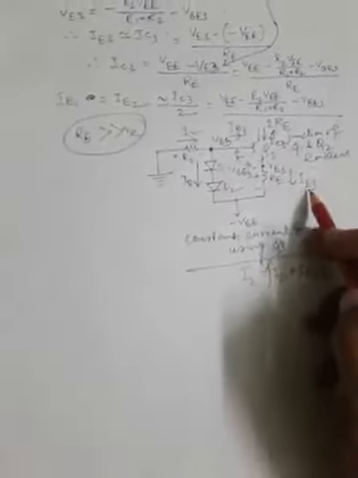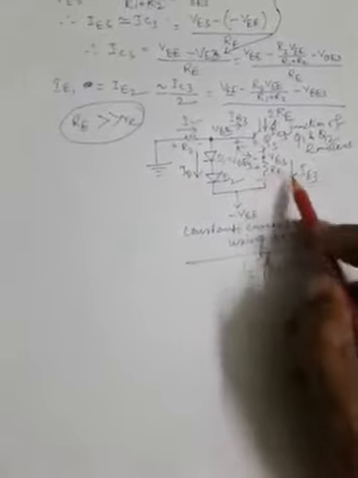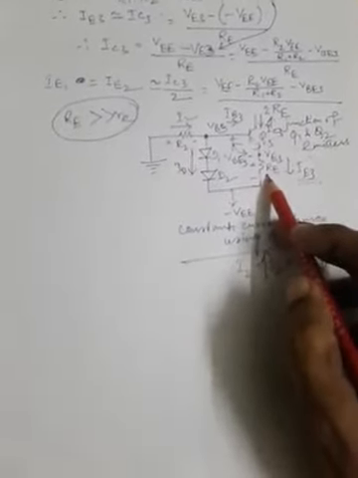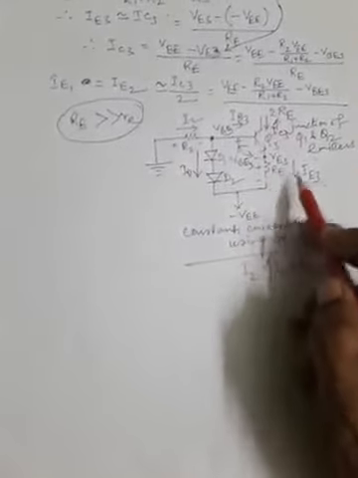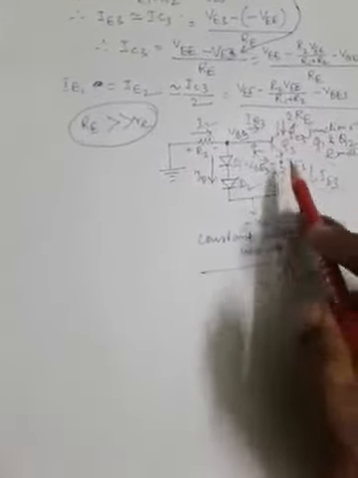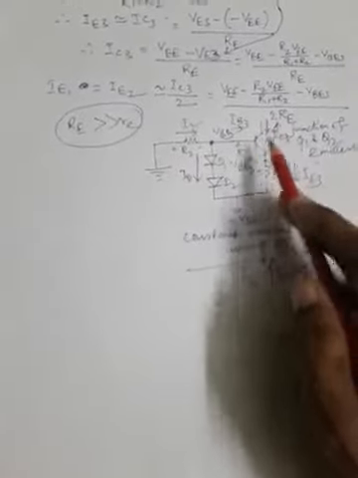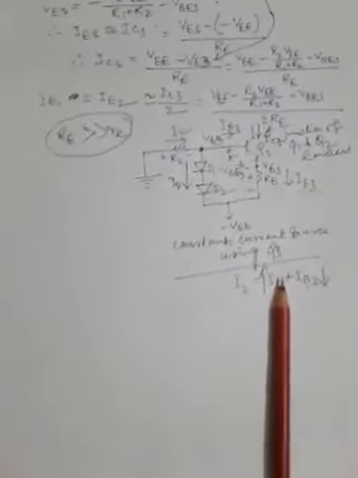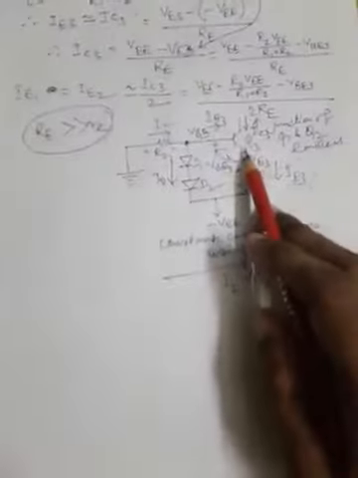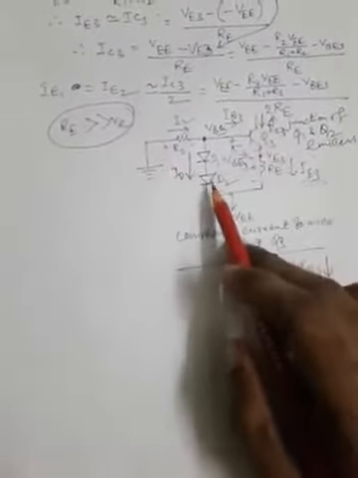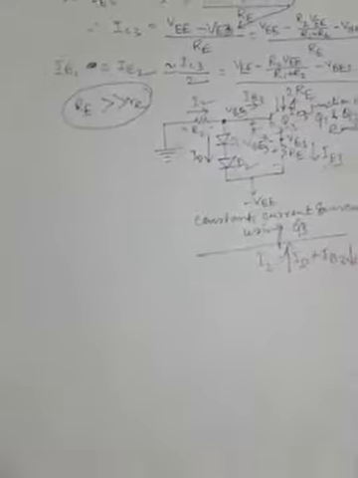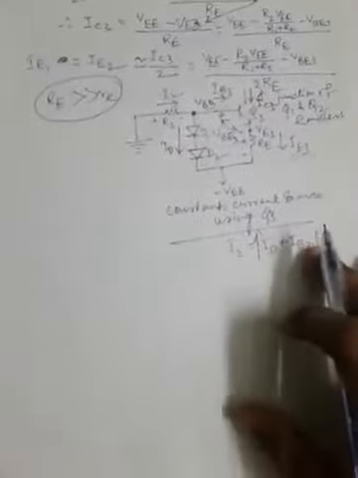So we can say if IE3 is not increased so much, the drop across this RE will not be increased so much, and thereby the potential drop across RE will remain constant. So almost the bias for Q3 at its emitter terminal will try to remain constant, thereby ensuring the temperature stability of this current source Q3 via the use of these two diodes D1 and D2. Now the emitter current IE3 can be determined from this circuit, assuming that the voltage drop across the diodes is equal and denoting it by Vd.